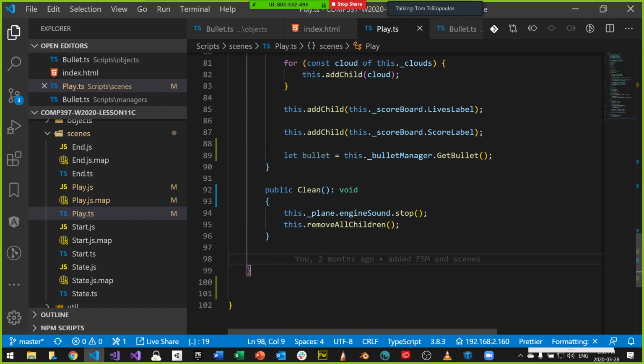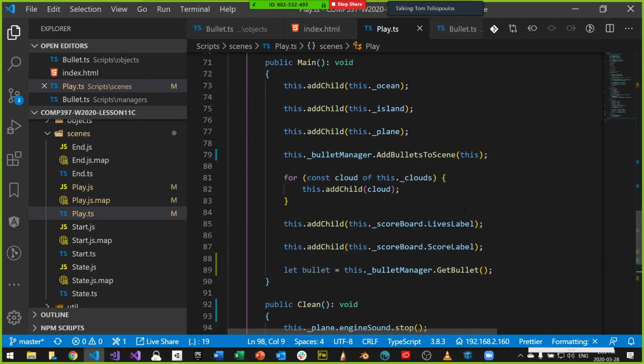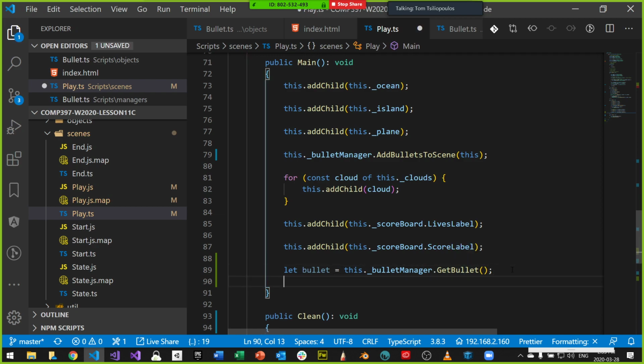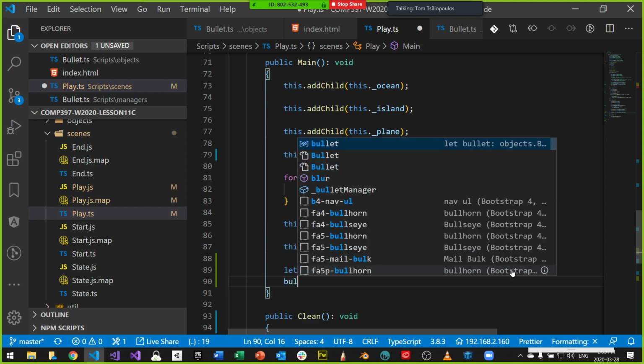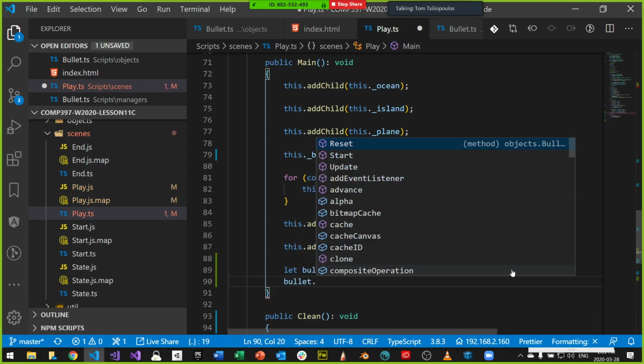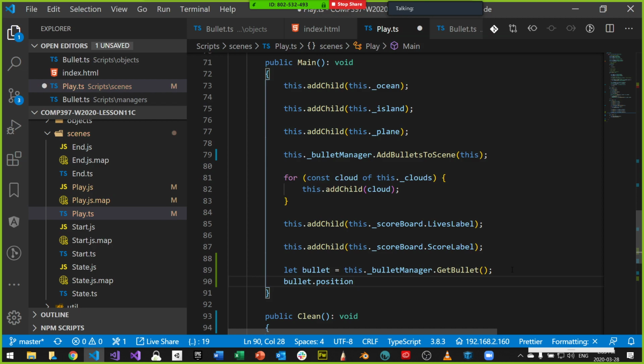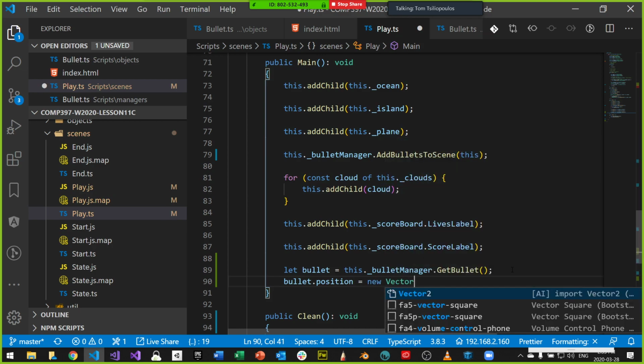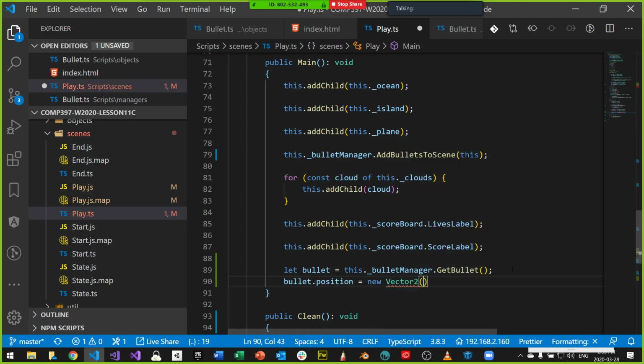So you may think that this is going to do nothing, but actually when I get bullet, because it's already inside of my scene, because I've added all my bullets to the scene, it's going to let this bullet fly. Now, one thing I don't know is what the position of this bullet's going to be. We haven't really specified. So I can set it to the bottom of the screen. I can say that bullet dot position is equal to a new vector2 object as an example.